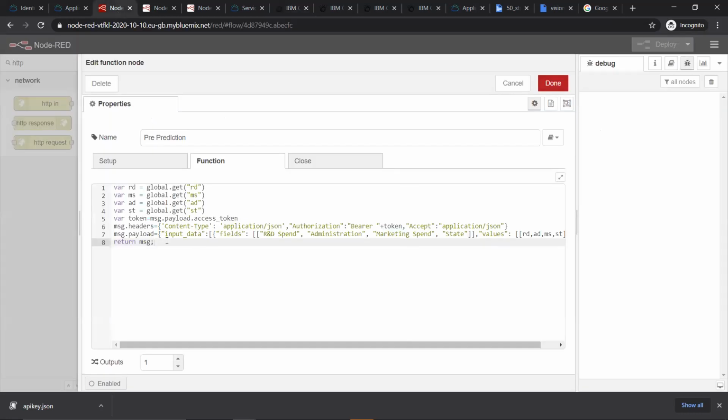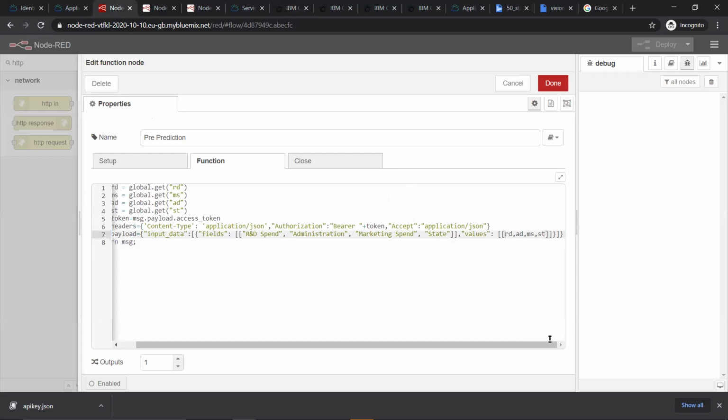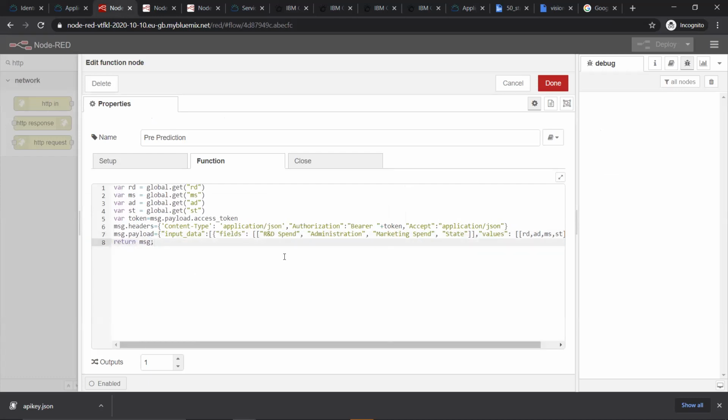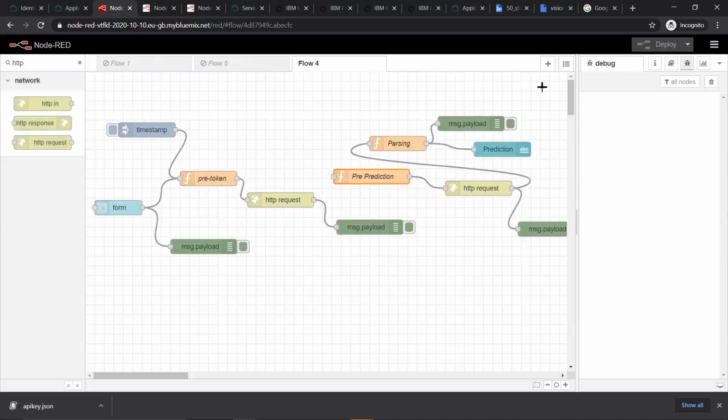Come back here and paste it. Do you see? It's the same thing. Under fields, I gave all the column names and values. What should be the values? It should be the values which the user entered. What are the values the user entered? They are stored in RD, MS, AD, and ST. So I give RD, AD, MS, and ST. Got my point? Everything clear till here? So now, after this, I click on done.